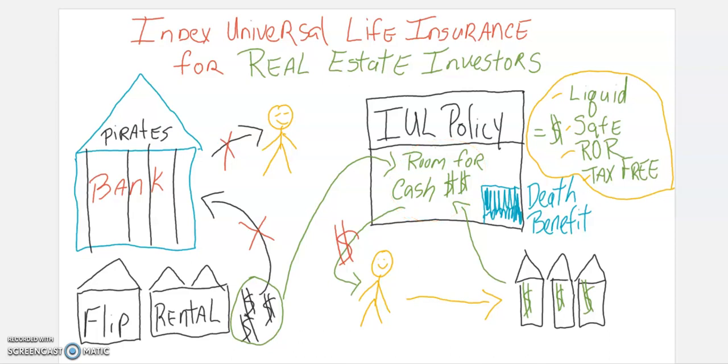policy. So indirectly, essentially, you have tenants paying for your IUL policy, you have your flips paying for your policy, some portions, you have your cash out refis, some of that paying for the policy. So again, this is so important. Right here, you're missing a huge opportunity, right? Over here, our money is going to stay liquid, it's going to stay safe, you're going to get a respectable rate of return, it's going to grow tax-free, and technically, this equity, this cash inside your policy actually never leaves